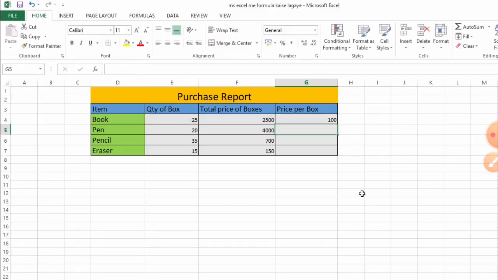Automatically we get that for one book we have to pay 100 rupees; 25 books would be 2500 rupees. This way we get the prices of all items by dragging down.